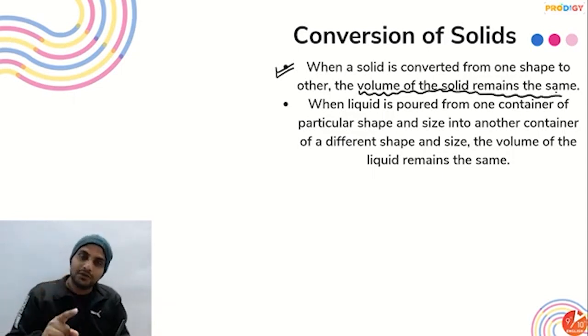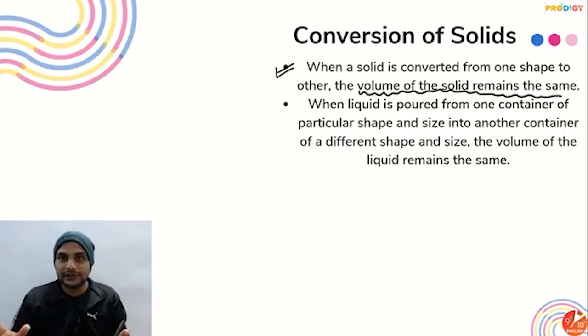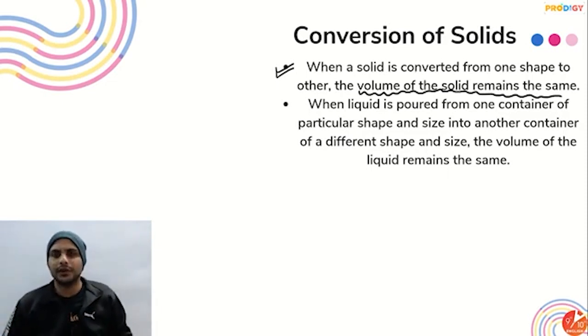Now what about the surface area? Surface area can change, because surface area is the area of surfaces. You can make the surfaces more, or there can be fewer surfaces as well, है ना? If you make it more compact, there will be less surface. If you make it more elongated, more surface. Simple logic. Okay, ठीक है.